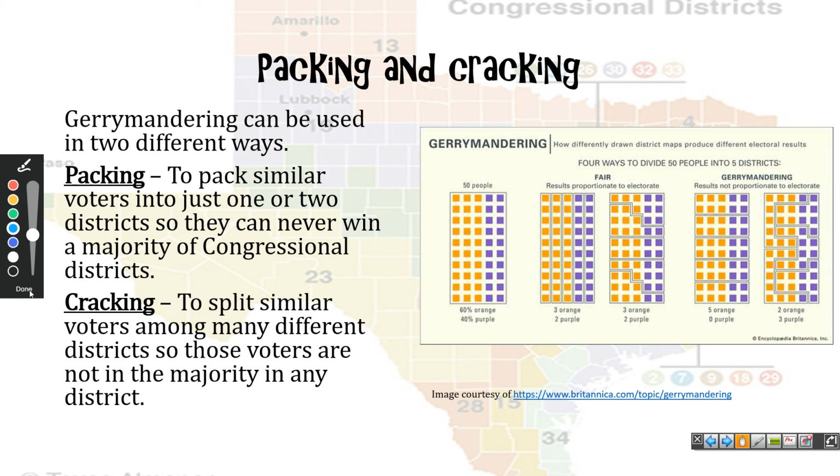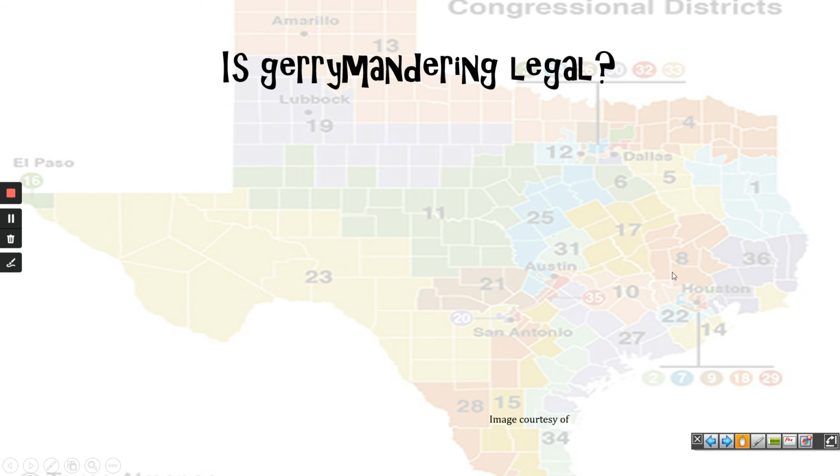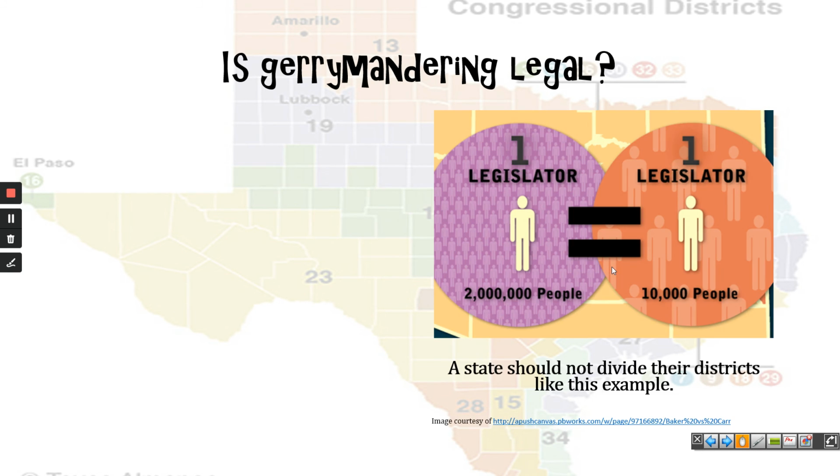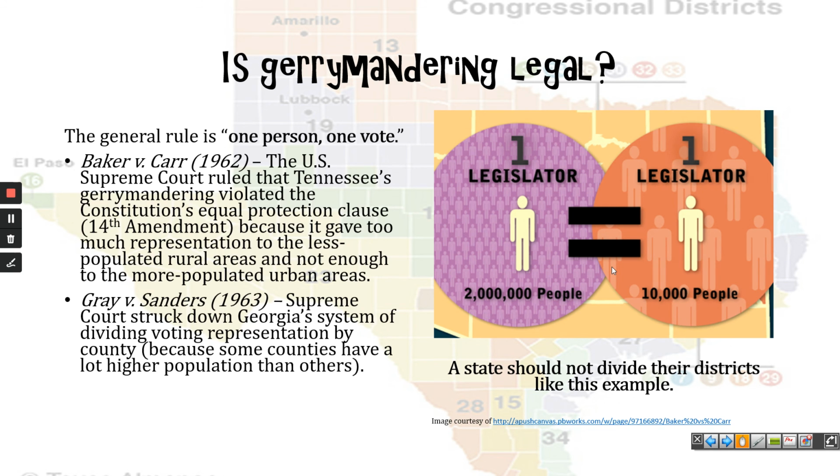And as we'll talk about in a minute, that may or may not be legal. But if those orange or purple squares represented different races, then absolutely no way would gerrymandering be legal in those states. Because, again, the Supreme Court ruled in 1986